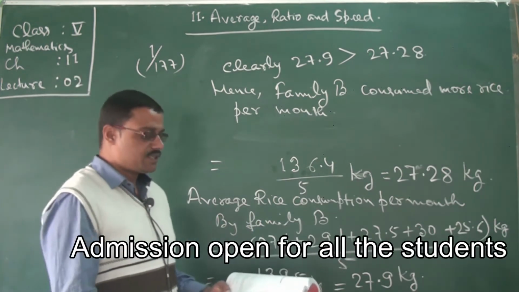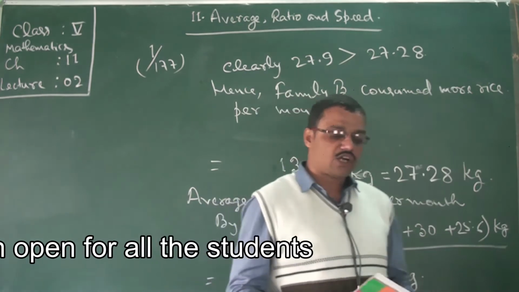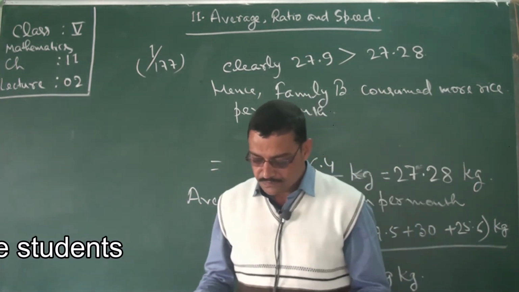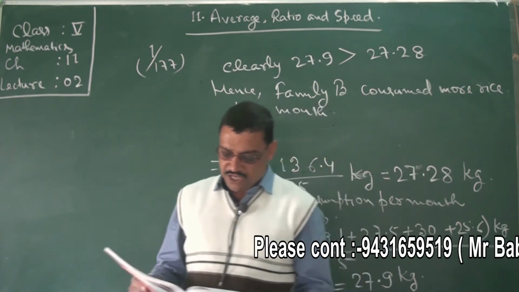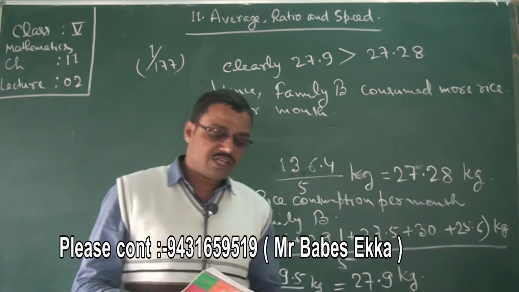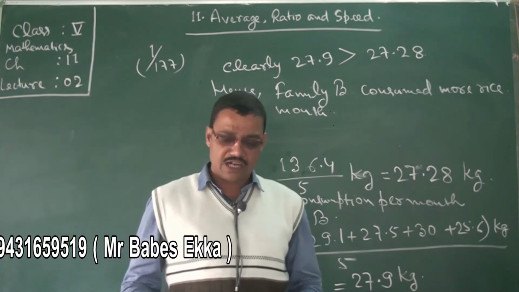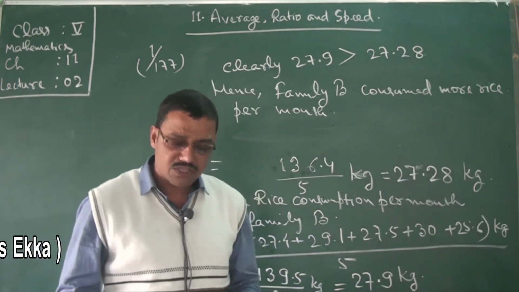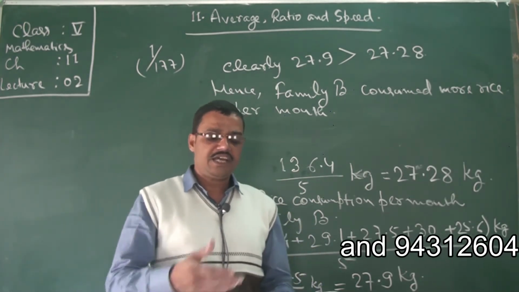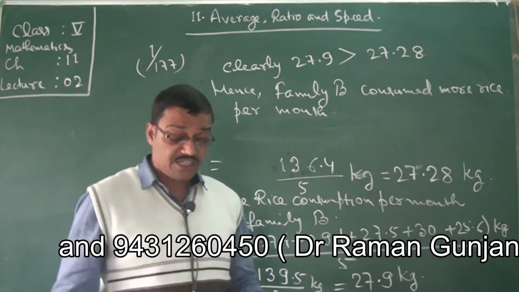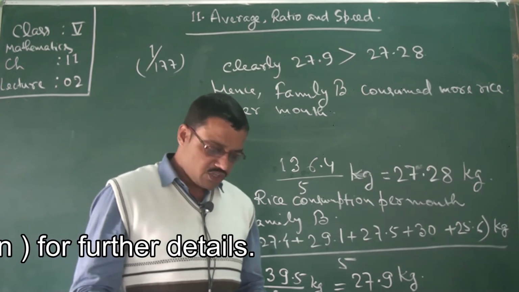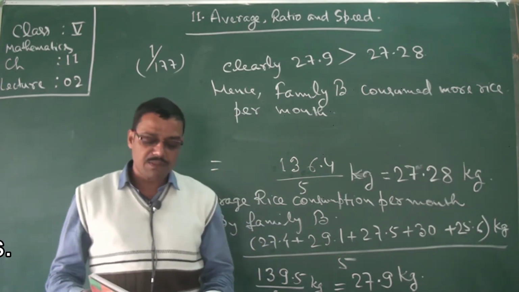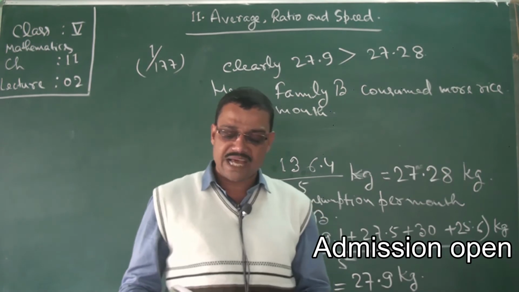In the 3 number, the age, height and weight chart of 5 students is given. 5 students, age is given, height is given and weight is also given. Find the average age, height and weight. I don't think that you will find this difficult, because you only need to find the average of ages, average of heights and average of weights. Do it yourself.